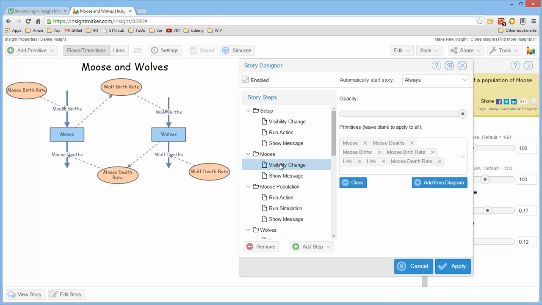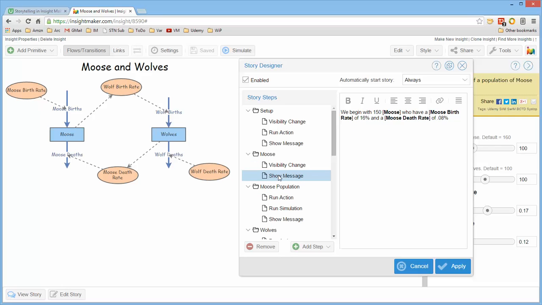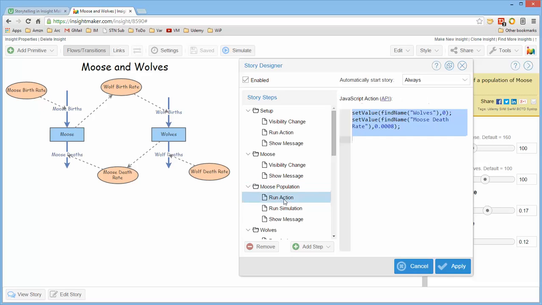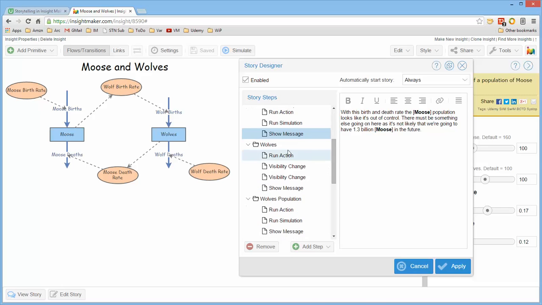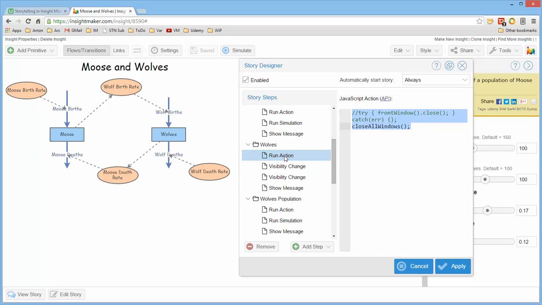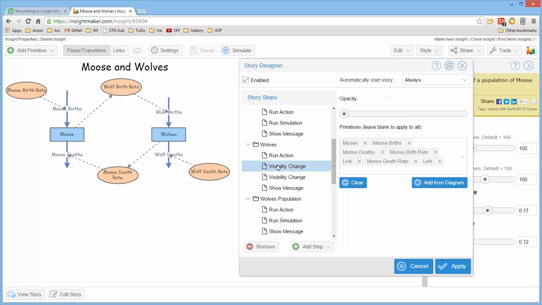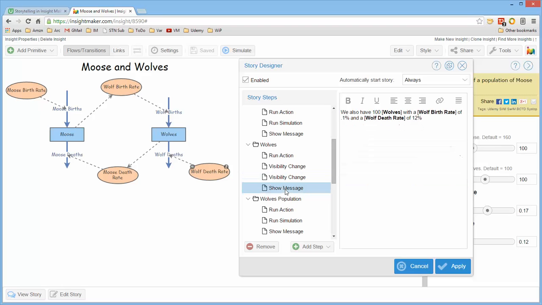And then it goes ahead and just shows the moose community, shows the message, changes the moose population, runs the simulation, and presents a description of it. But then to do the wolves, it goes ahead and closes all the windows. This is the new command for what was the old API command. It goes ahead and it hides the moose community interactions and makes visible the wolf community interactions, shows the message